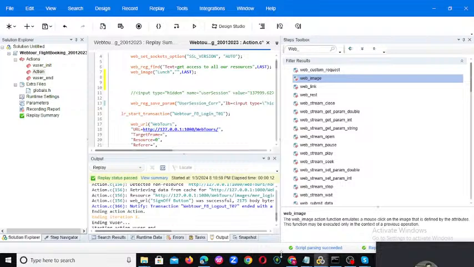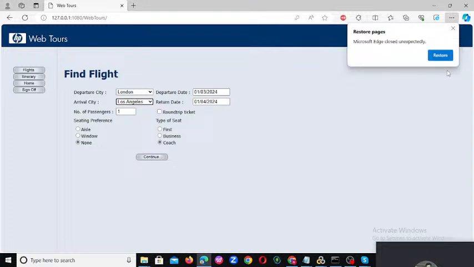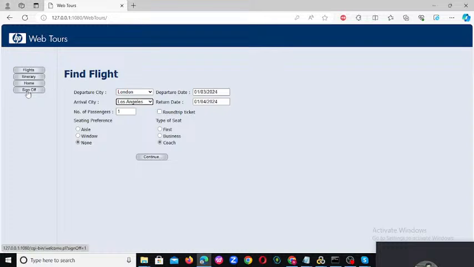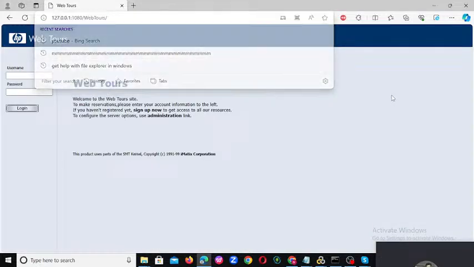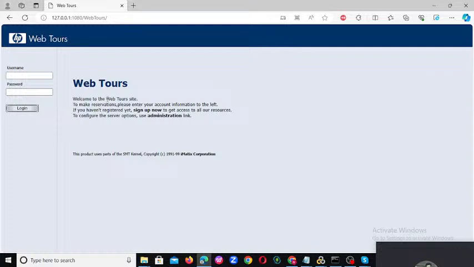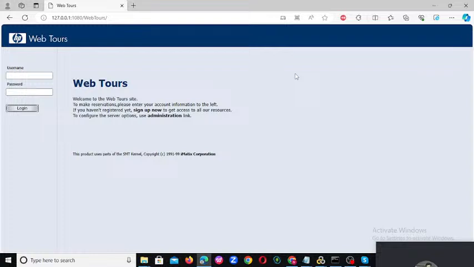For example, if we go to the application, this is the launch page. We took the text earlier, which everyone knows, because that was our text verification point. Now we are validating through an image also. The images here, like this HP image, and maybe on the Web Tours page also some images will be there. So what do we need to write? We can just click on that page, and if you want to validate an image,